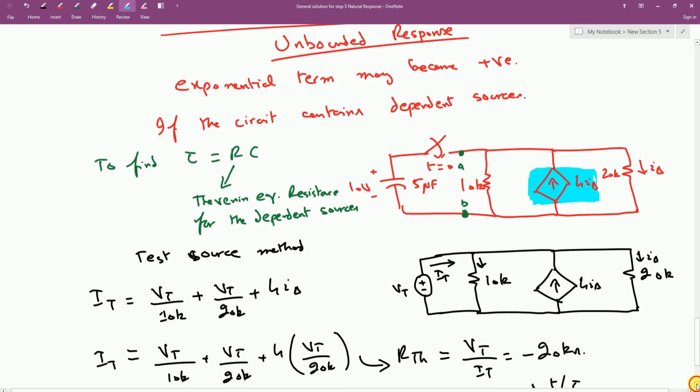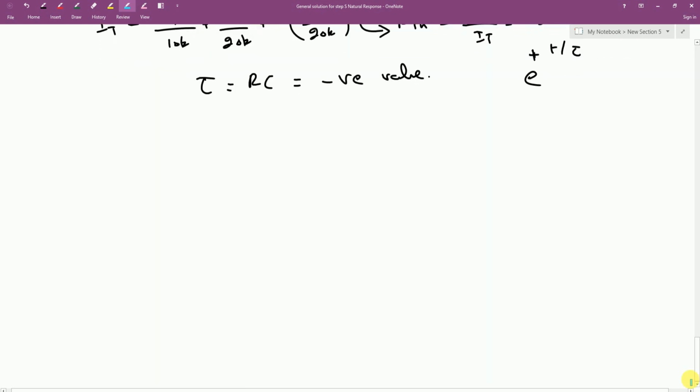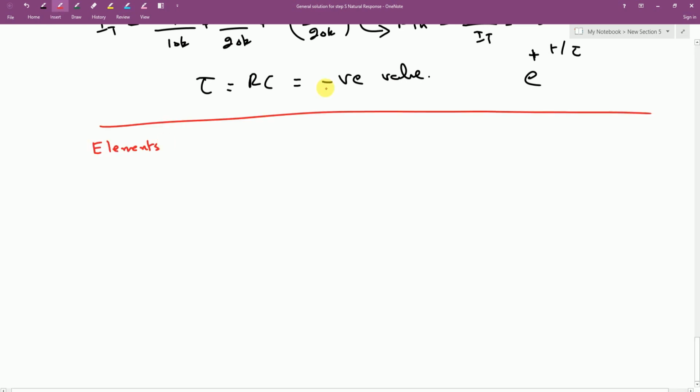So these are some of the interesting aspects considered as far as first order circuits are concerned, that whenever we have a dependent source connected, there might be a tendency that a circuit might operate in an unbounded mode as a result of the negative resistance which results because of the presence of the dependent source in the given circuit. Now let us say this is the summary of the first order circuits.